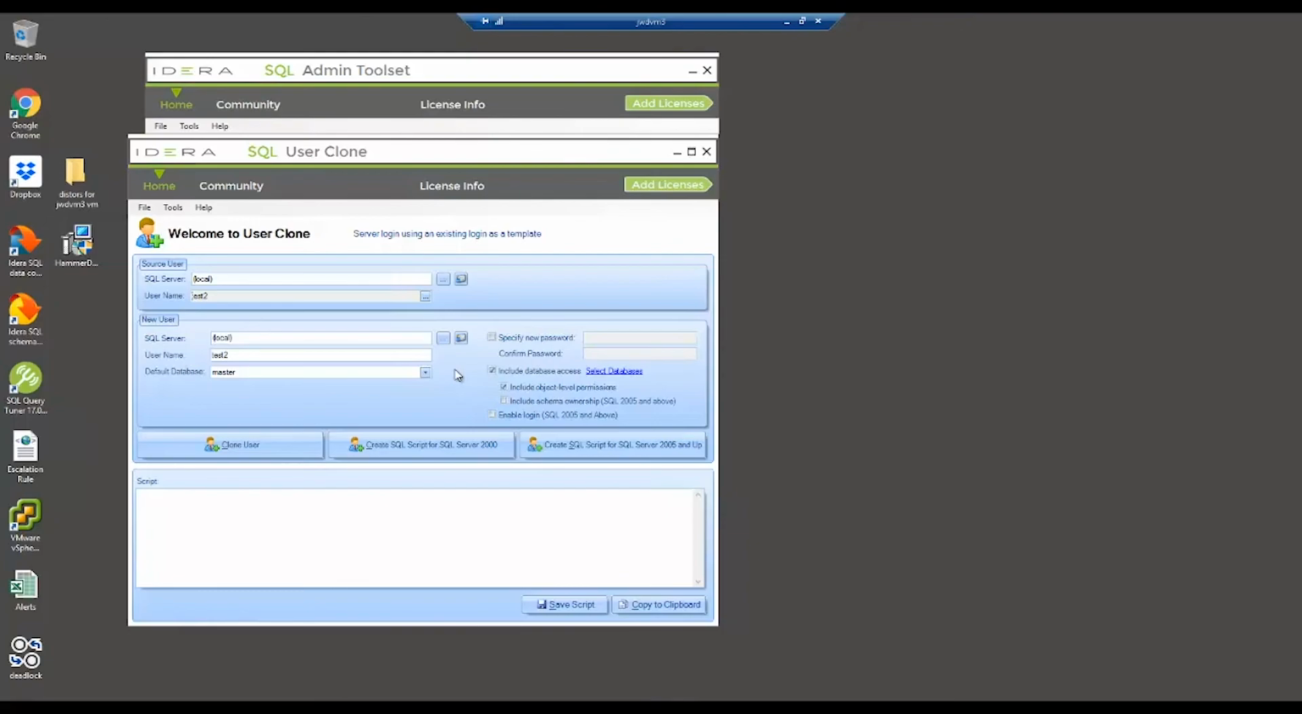After you select that user, select where you would like to clone that user. Now again, it can be either local or remote, and you can specify different connections to connect to that SQL instance. Here you can rename the user. You can also specify a different password, include database access, include object level permissions, include schema ownership. Then down here you can clone the user, or you can create SQL scripts to create that user if you want to make adjustments, or if you want to take that script and put it into some other process, you can do so. Here I'll just hit clone user,